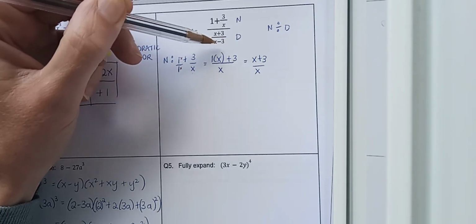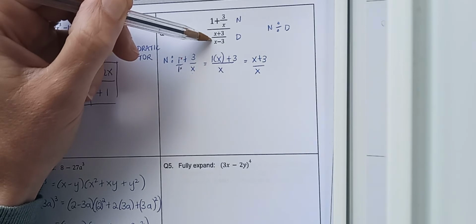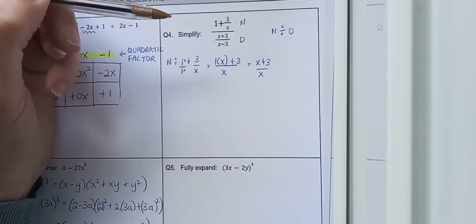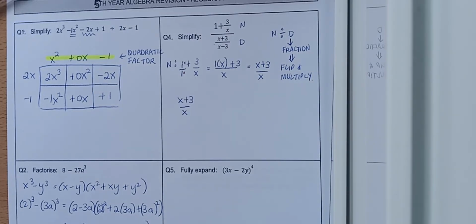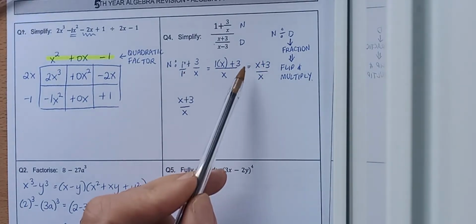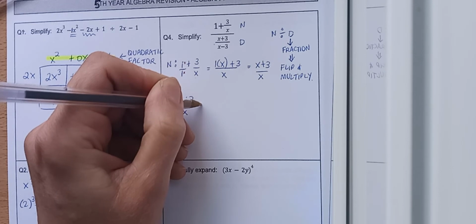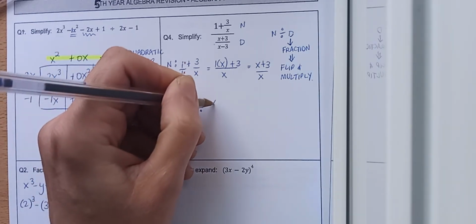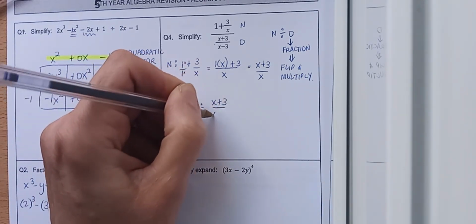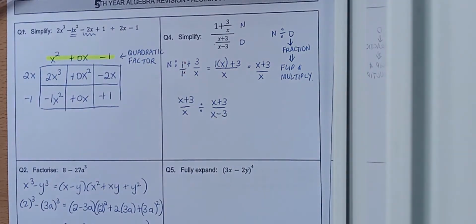Now notice how the denominator is a fraction. If I want to divide by a fraction, I flip and multiply. So I'll leave the numerator set up as it is now, x plus 3 over x. And then I'm going to divide by x plus 3 over x minus 3. So if I'm dividing by a fraction, I'm going to flip and multiply, and it's this guy that I'm going